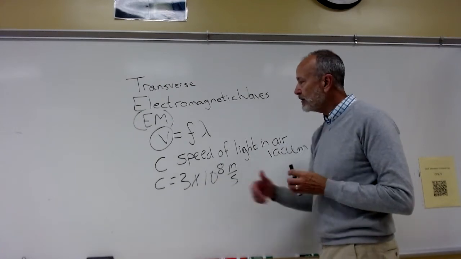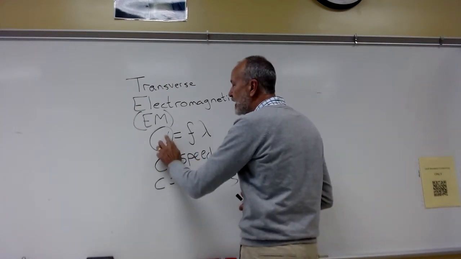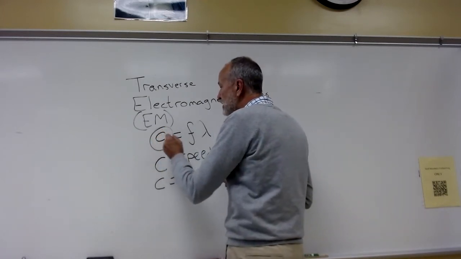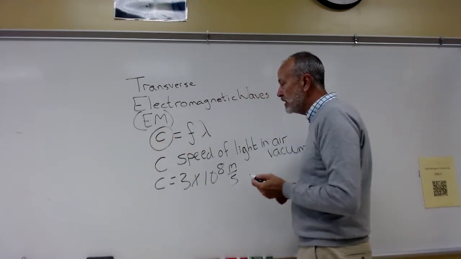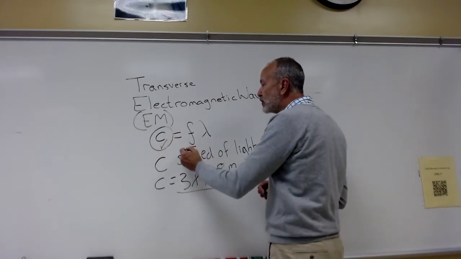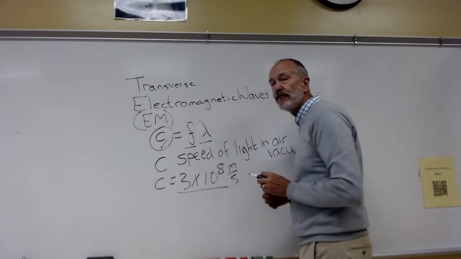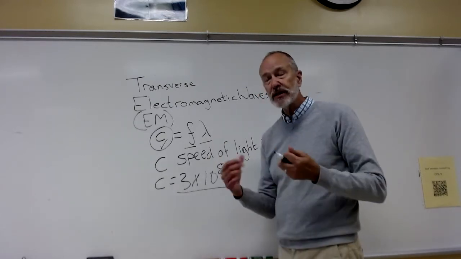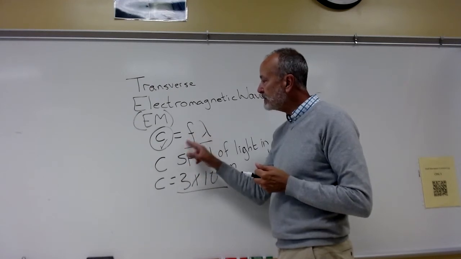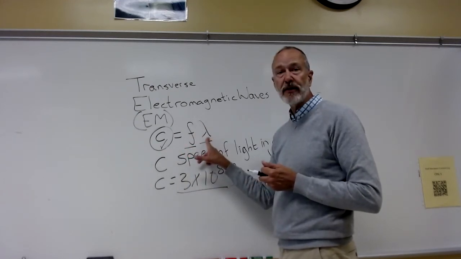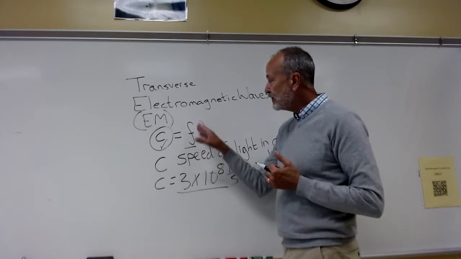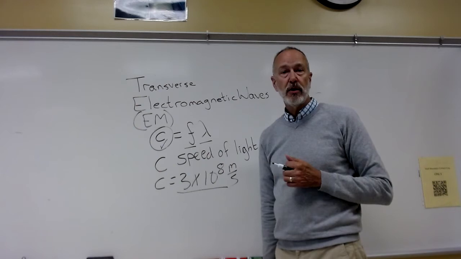So a phenomenal thing. And if we have that, then for any electromagnetic wave in air or a vacuum, c equals f lambda. You know the speed of light, check. So for any frequency, we can find the wavelength, and vice versa. Let's look at the electromagnetic spectrum. Radio waves had a lower frequency. Divide by a smaller number, you get a longer wavelength. Gamma rays had a really high frequency, a lot of energy. Divide by a big number, you get a smaller wavelength.